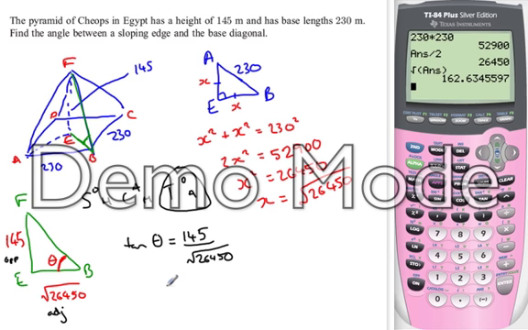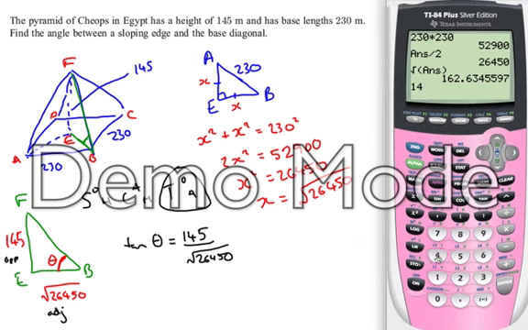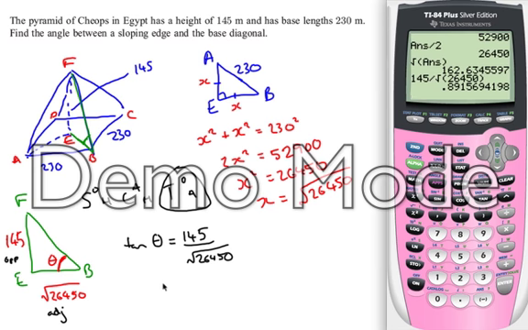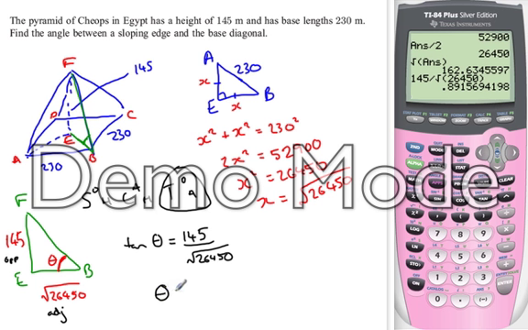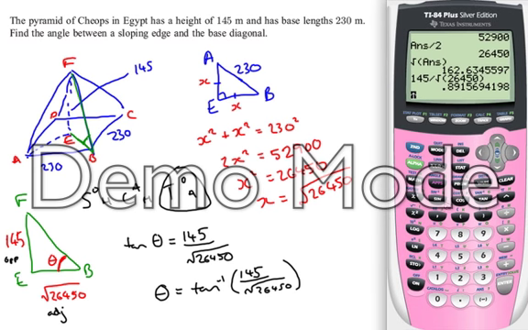Let's just do that on here. 145, divided by the square root of 26450, and I know that the angle then is the inverse tan of 145 divided by root 26450. So if I now inverse tan this, second